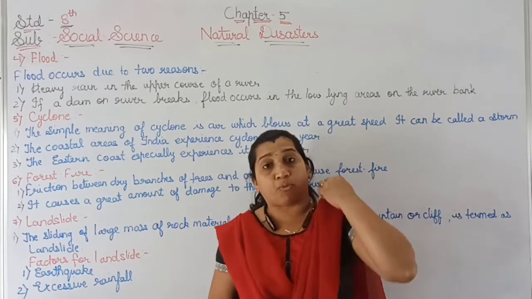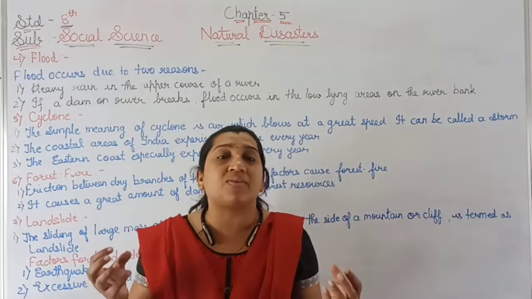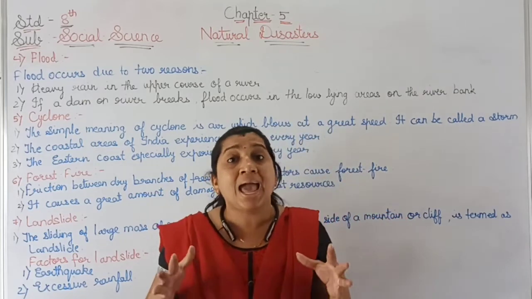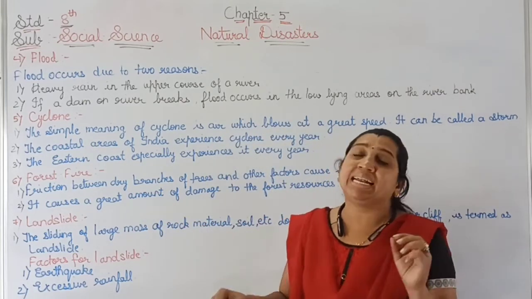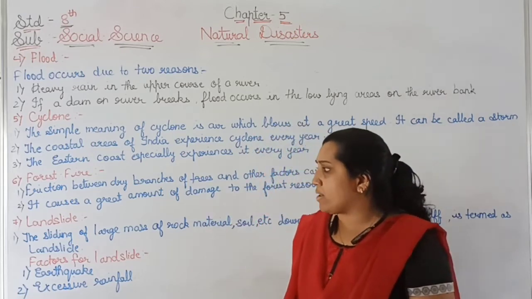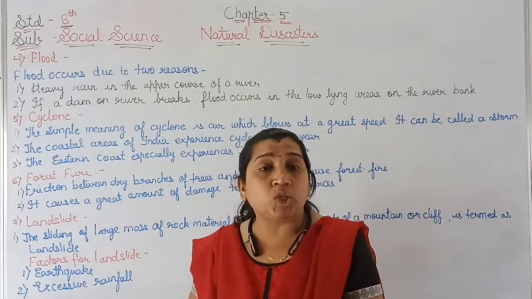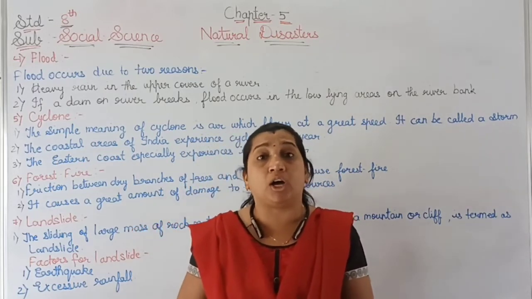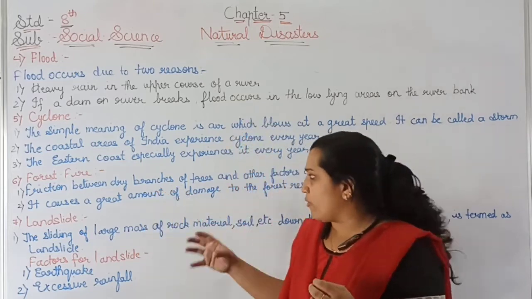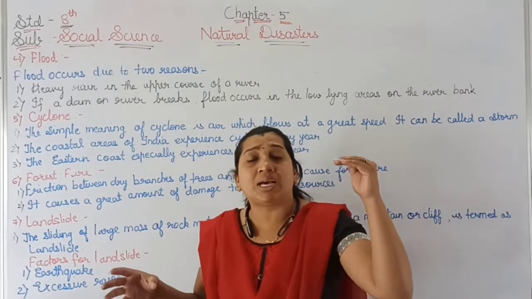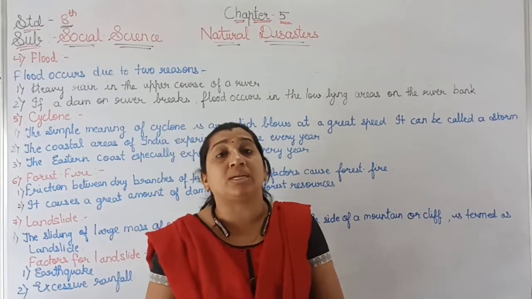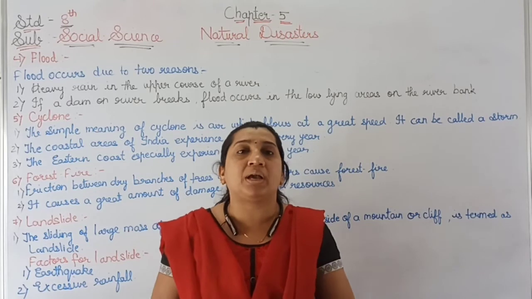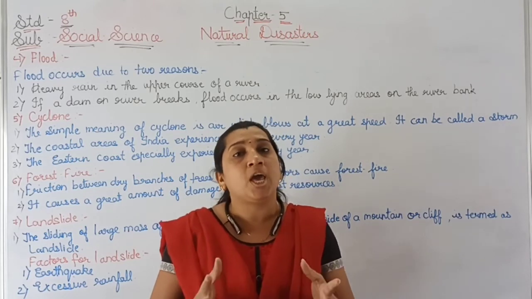Then we studied the forest fire, that due to dry leaves having friction among themselves, due to camping, due to smoking in the forest area, forest fire is created, and it creates great damage to the environment. Then we studied the last topic, that is landslide. Due to excessive rainfall or due to an earthquake, when rock material and soil slide from the upper portion to the lower portion, that is a landslide. So here I have completed the explanation of the topic. Thank you and have